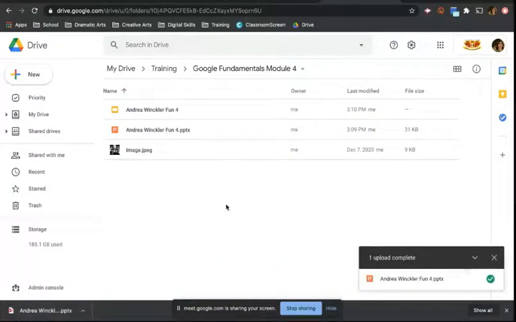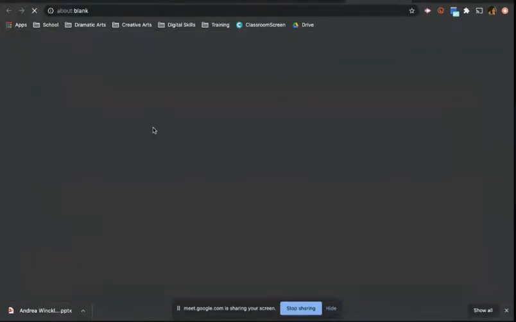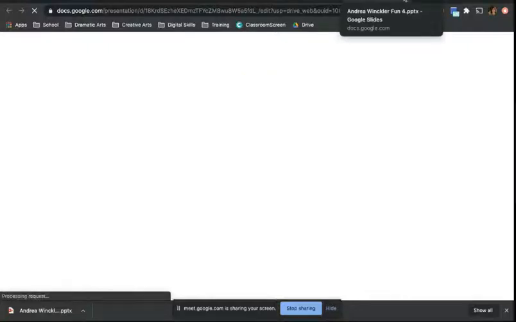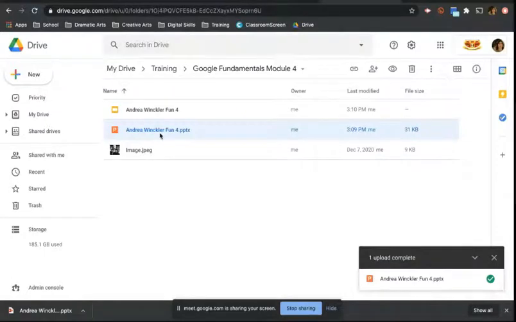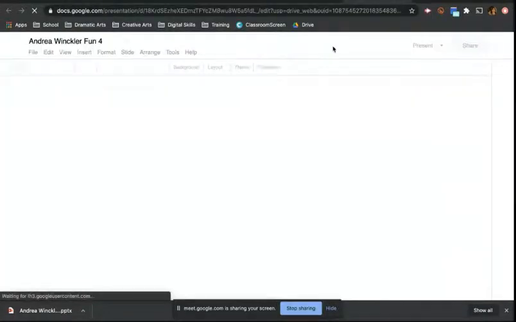There you go. But this icon now is different from this icon. This icon at the top is the Google Slides icon. So if I double click on this, it will open in Google Slides. But if I double click on this, oh, it's actually opening in Google Slides. It's not supposed to do that, silly thing. It should have actually just opened in a different viewer, but I think my settings are maybe different. But if I open it in Google Slides,